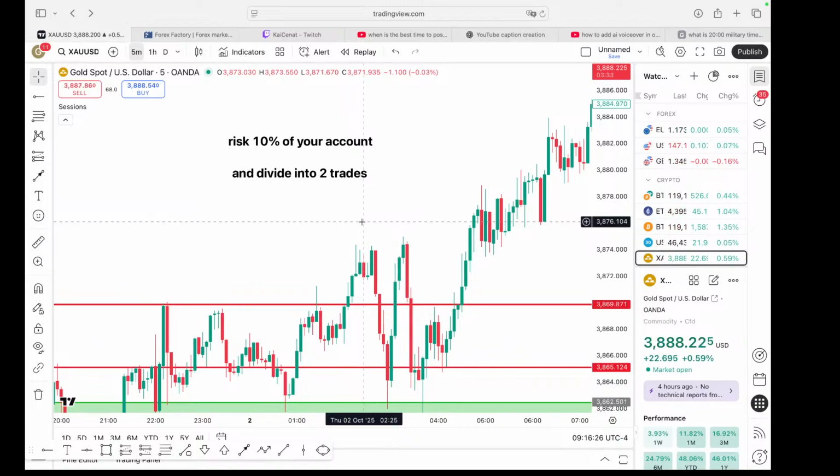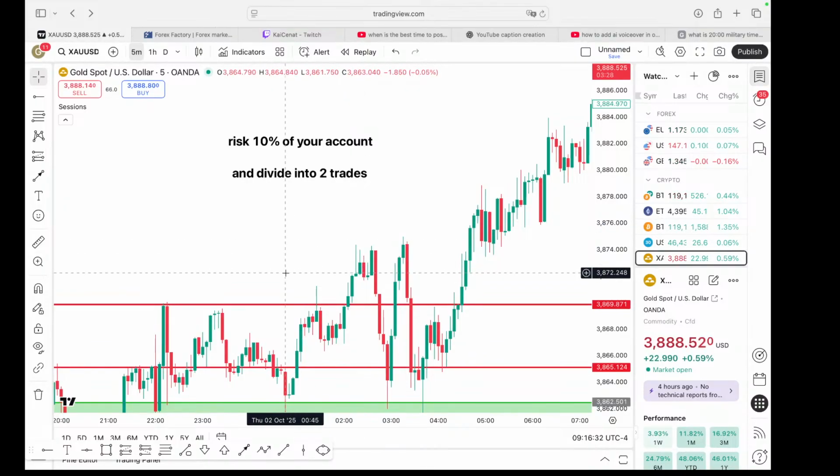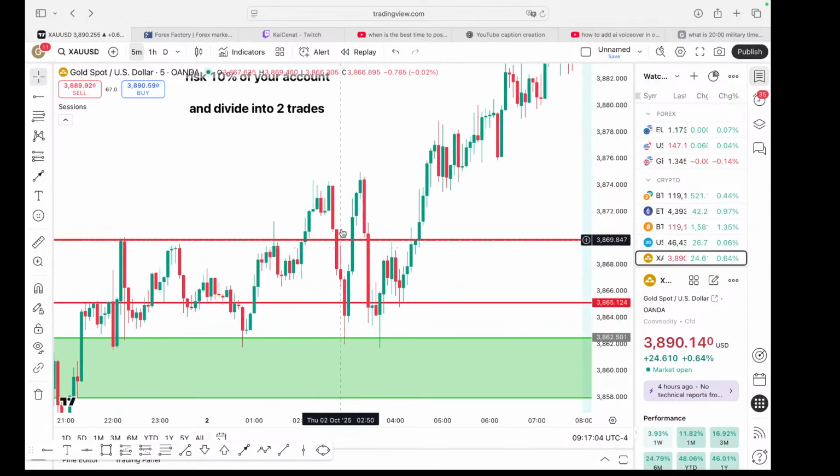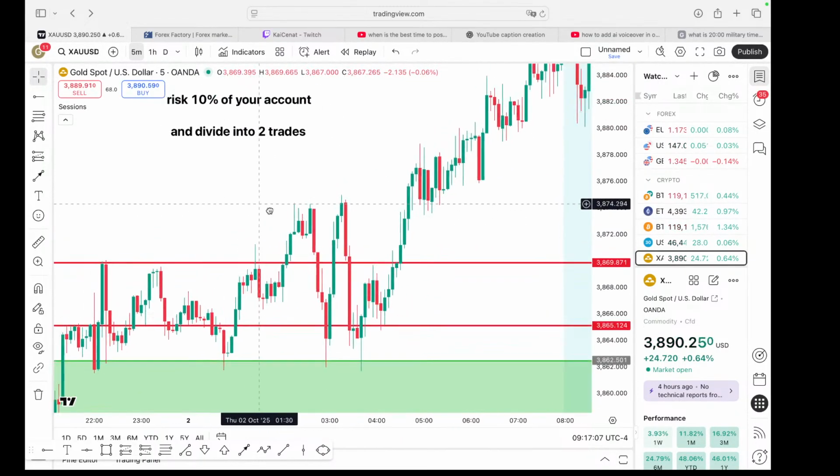If you lose trade 1, go ahead and add 20 pips to whatever you're aiming for with this one. So if you're aiming for 60, go ahead and add 80. If you're aiming for 100, go ahead and add 120. But don't be a dummy. Make sure you adjust your stop loss on the way up, right? If price hits 40, adjust your stop loss to break even. If price hits 60, adjust your stop loss to 20, and so on. Like, don't get caught in the nonsense out here, because it will happen.